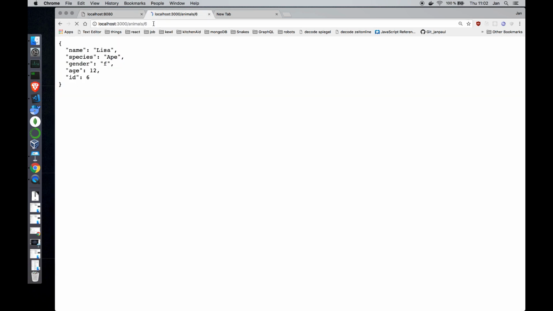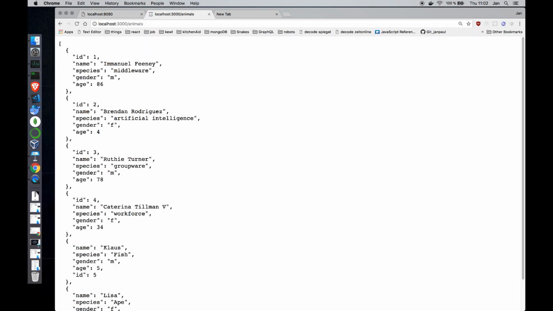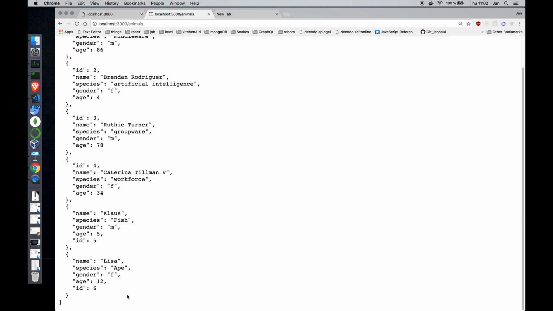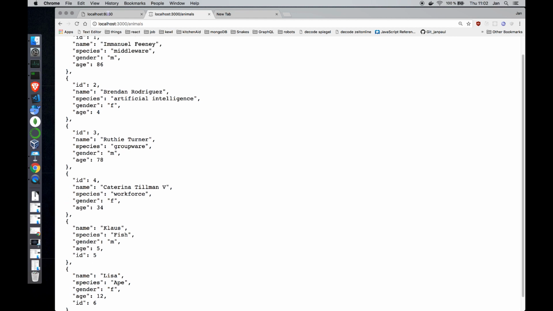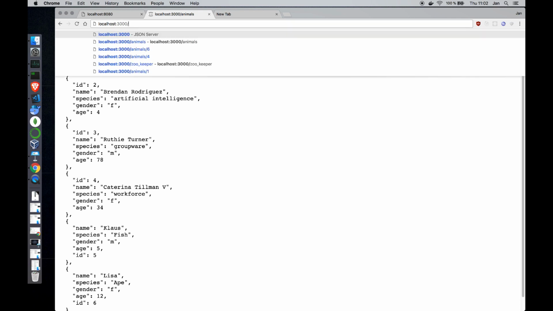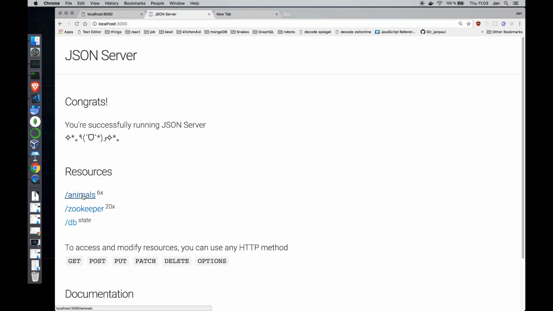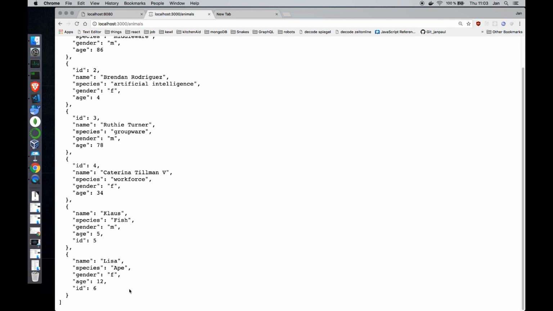And now if we go to the list of animals, we also see that Vivian is gone here. Let's check for another one. Let's say we want to remove Lisa here. As you see in our localhost, we have now like 6 animals. The last animal here is Lisa. Lisa has a given ID of 6. So let's go back